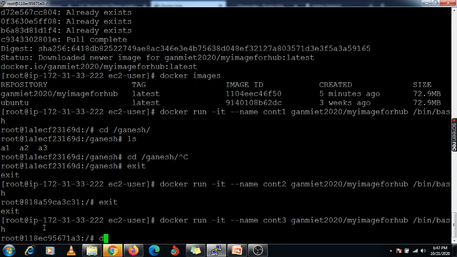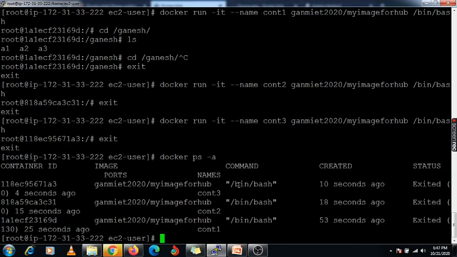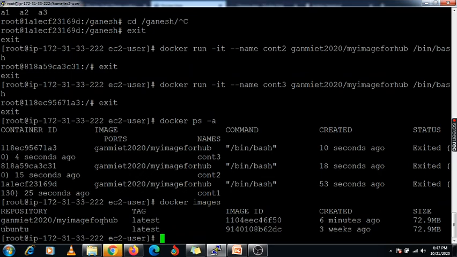So exit, then docker ps -a command. Here three containers are available, and with docker images, there are two images available. If you want to remove all the containers at the same time, how can you do it?